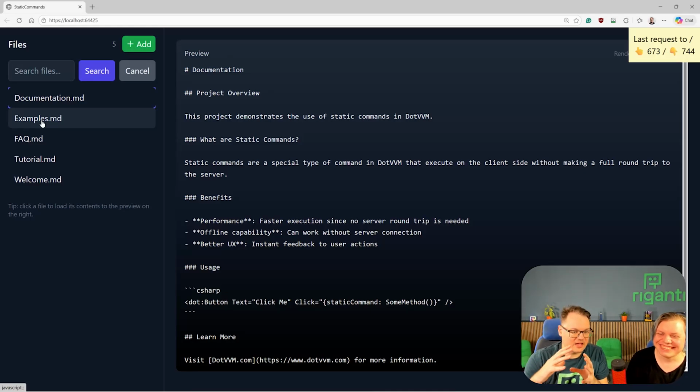Exactly. I think that if this were on the newer version of .vvm that's not published yet, but when it will be, and it will contain the JSON diffing, the response size, provided that the server, when using a command, changes only one view model property, should be comparable to the response of the static command. If you change 10 other things, of course it would be bigger, but the response could be comparable, but the requests are